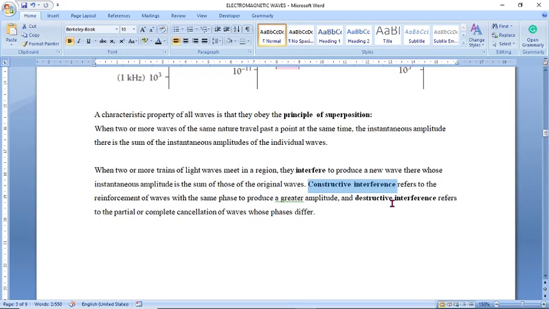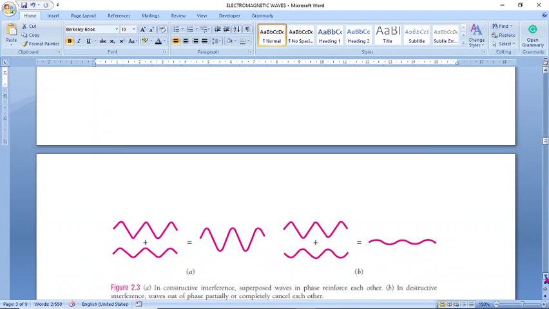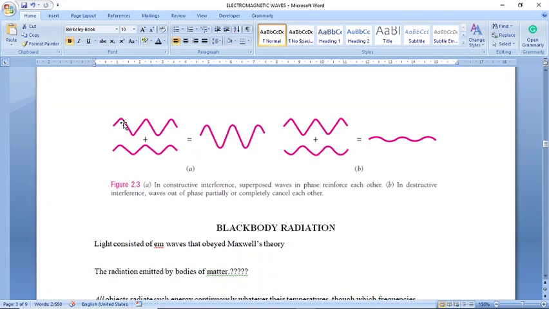And destructive interference refers to the partial or complete cancellation of waves whose phases differ. നിങ്ങൾക്ക് മനസ്സിലാകാൻ ഈ പിക്ചർ നോക്കിയാൽ മതി. ഓക്കെ, ആംപ്ലിറ്റ്യൂഡ് ആഡ് ചെയ്ത് കൺസ്ട്രക്റ്റീവ് ഇൻ്റർഫറൻസ്, ട്രഫും ക്രസ്റ്റും ക്യാൻസൽ ചെയ്ത് കഴിഞ്ഞാൽ ഡിസ്ട്രക്റ്റീവ് ഇൻ്റർഫറൻസ്. ഓക്കെ, ഇൻ ദ കേസ് ഓഫ് വേവ്സ്